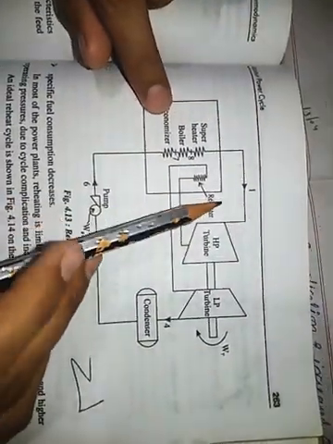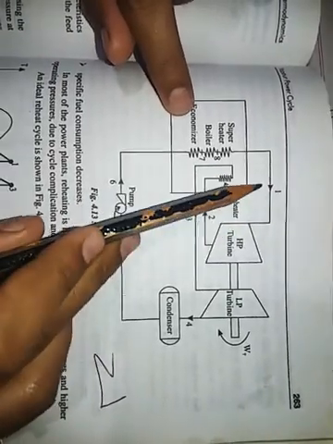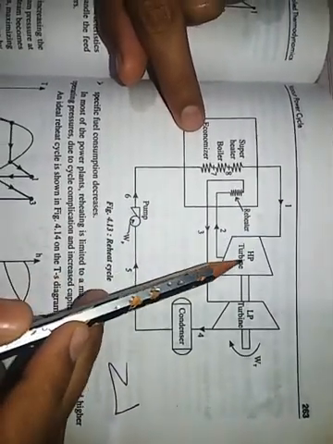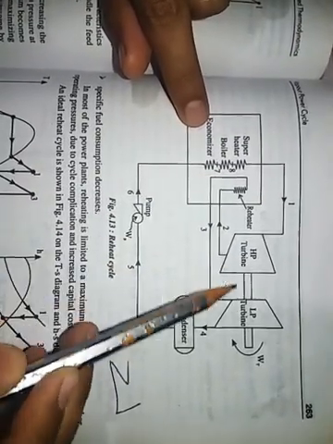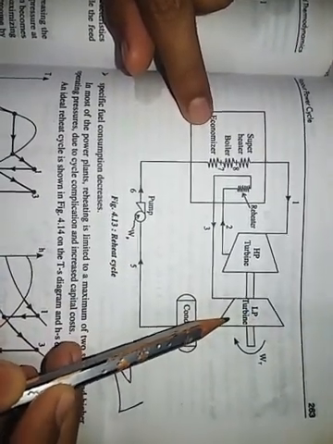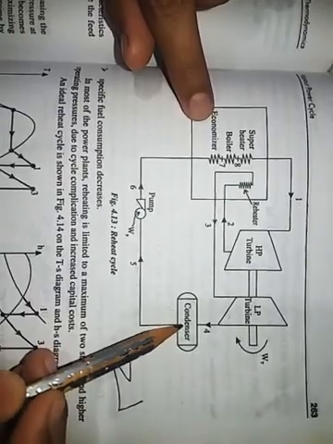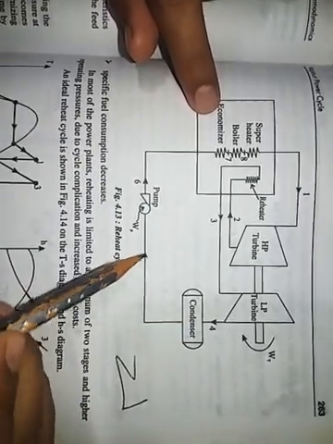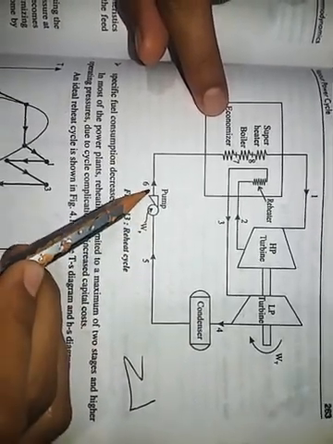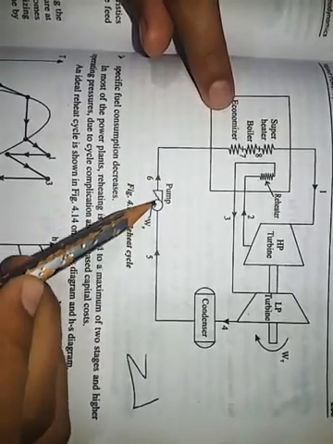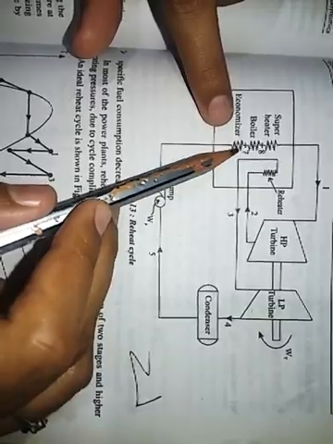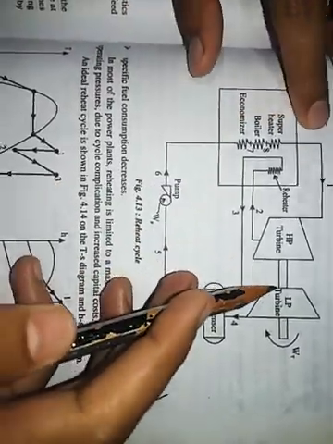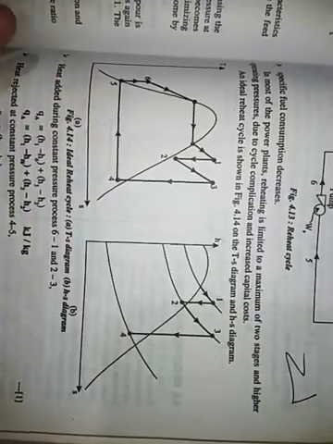As you can see in this diagram, there are 6 processes. 1 to 2 is high pressure expansion, 2 to 3 is constant pressure heat addition, 3 to 4 is again low pressure expansion, 4 to 5 is constant pressure heat rejection, 5 to 6 is nothing but increase in the pressure. Then 6 to 1 is again constant pressure heat addition. Now after reheating, the efficiency of the cycle increases.